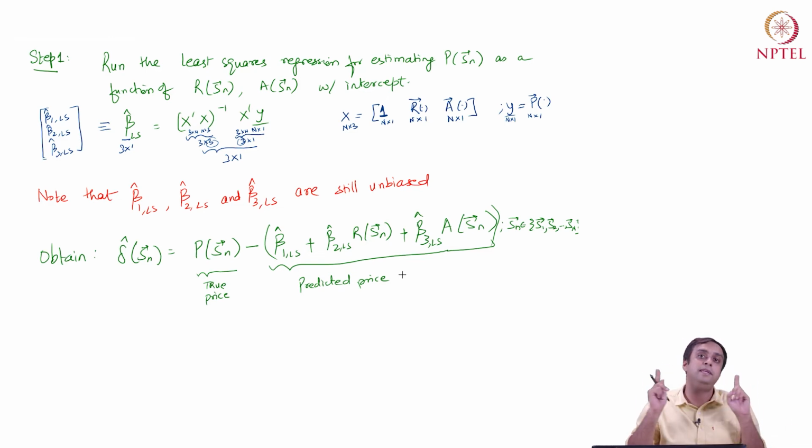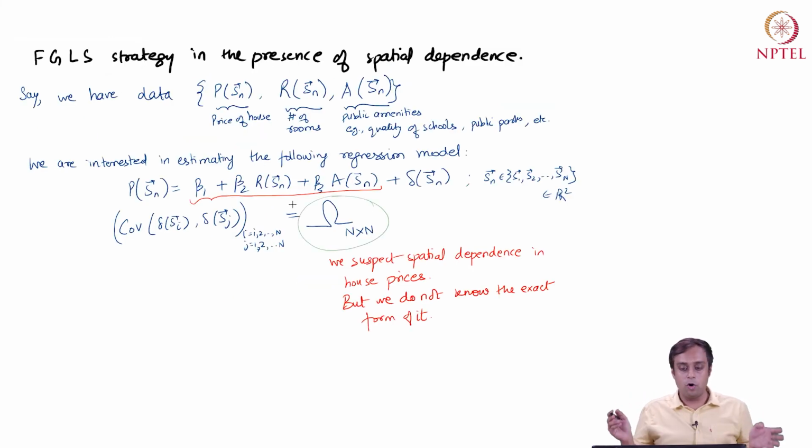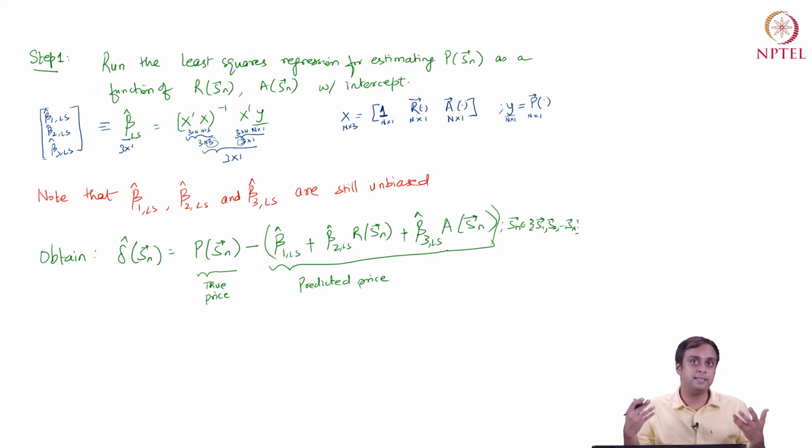This is all happening with the least squares estimator, which we can work with quite efficiently without even worrying about the omega structure. So we suspected there is omega. We don't know it, so we are doing what we can do best, that is we can run the least squares estimator. The least squares estimator is falsely assuming that omega is sigma squared I_n. As an analyst, I'm aware of that. But with that in mind, I know I can still back out beta hats, which are unbiased in nature, right? So with these beta hats, I will now back out delta hat(s_n).